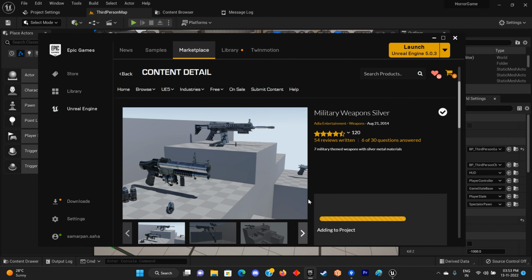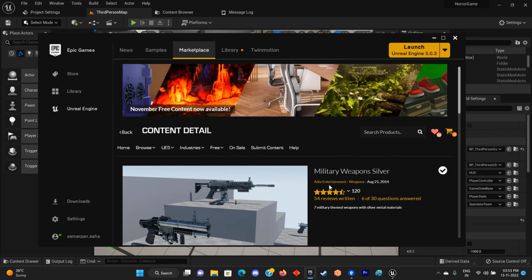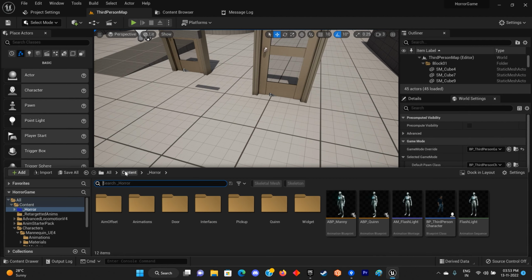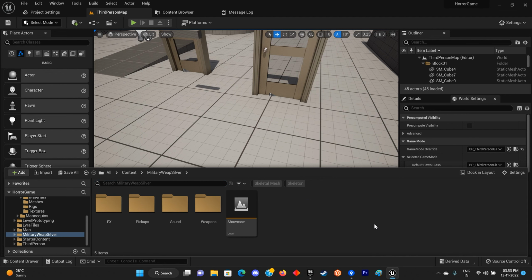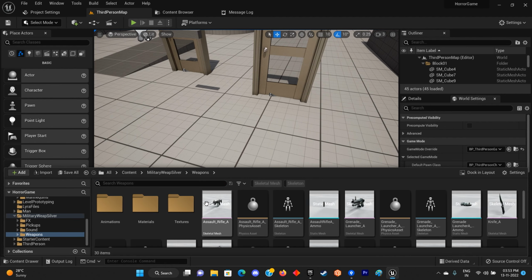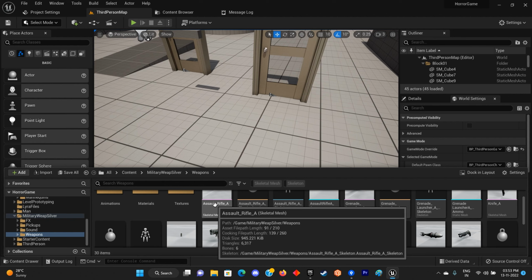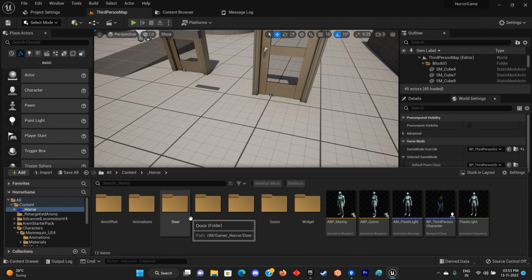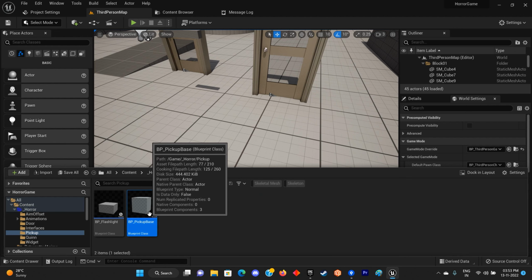So this might take a while. It's a big file. Okay, so it was added and now it should be in your content folder over here, military weapons. So let us check the weapons. Okay, so these are skeletal meshes, which is good. And also in our pickup base, we are using